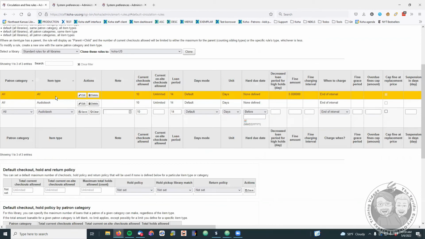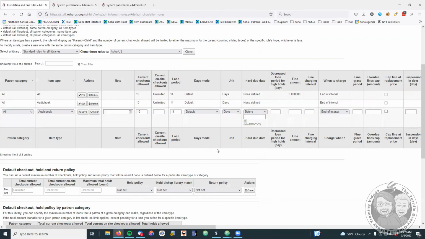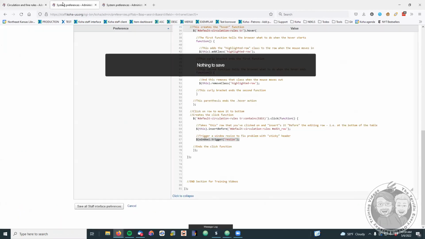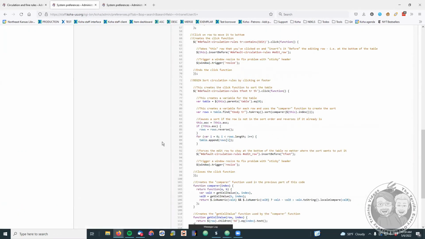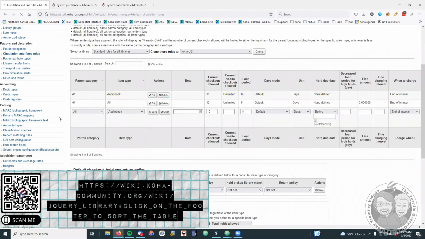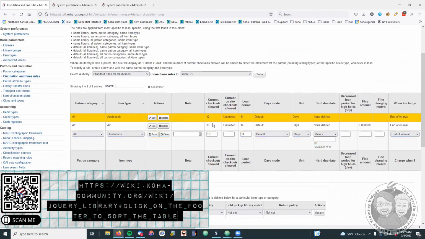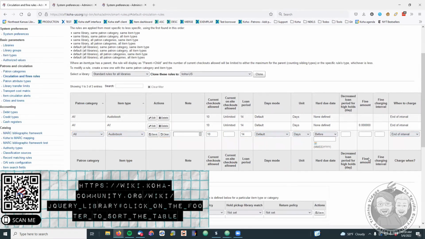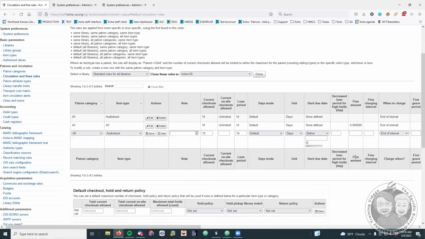And so now we've got rows that highlight, rows that move. Another situation that comes up a lot when I've got libraries with lots of circulation rules is that sometimes it's convenient to get all the things that have similar rules together. So the next thing I've got is to sort the rows. Let me reload this again. The way I set this up is when you click on the footer of the table, it will sort the rows